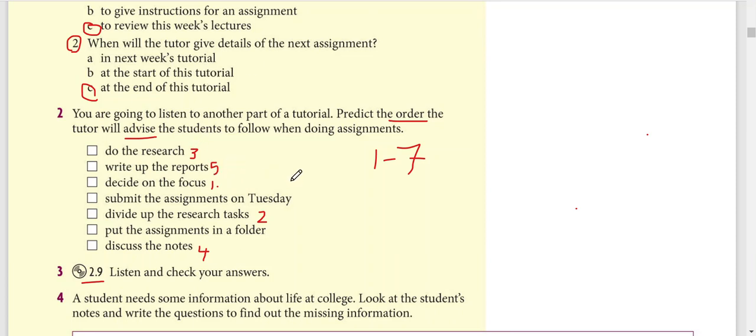Number 6, put the assignments in a folder. And the last one, submit. Submit, it means